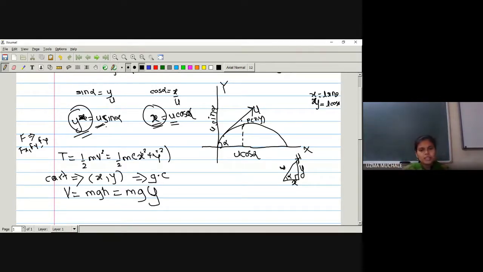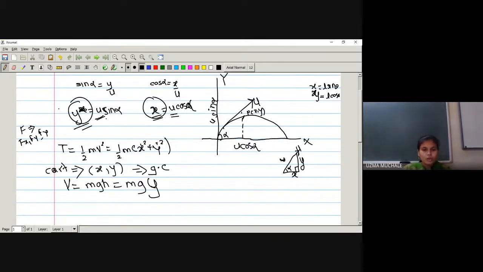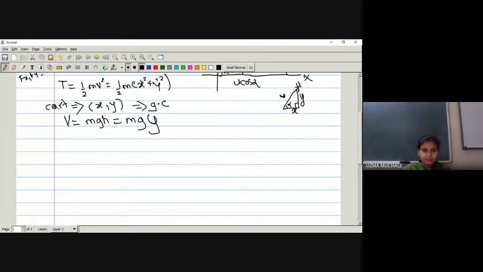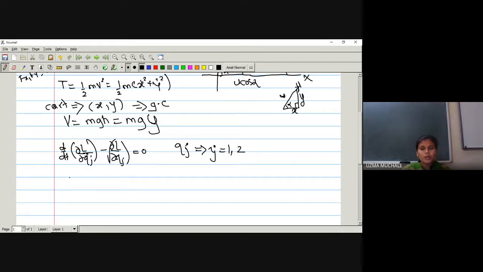So if we are not going to consider any external force, this example will also be of a conservative system. So what will be the equation for a conservative system? d by dt of dou L by dou qj dot minus dou L by dou qj is equal to 0. So what is qj? qj, for j running over the values 1 and 2 only, because we have only 2 generalized coordinates in number.